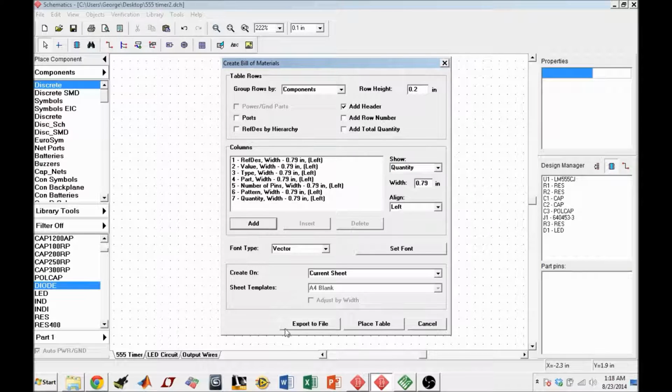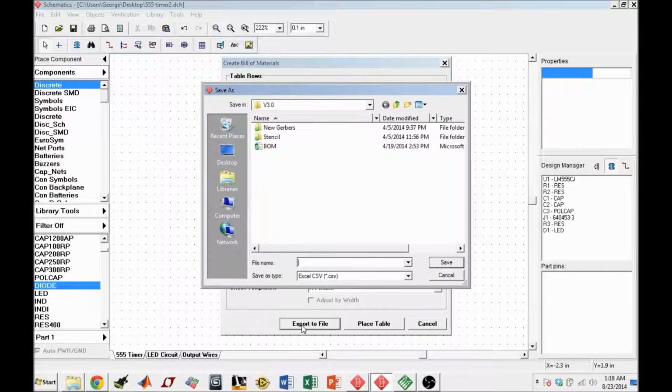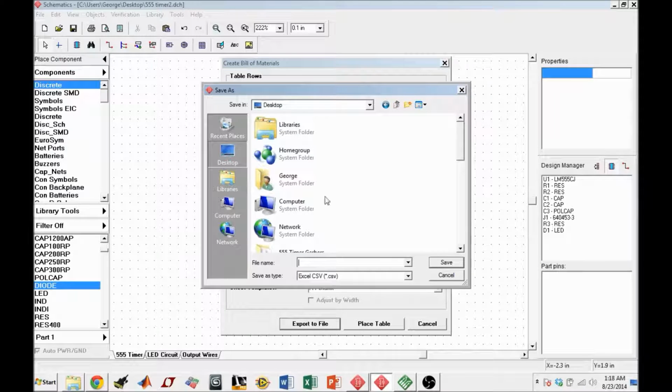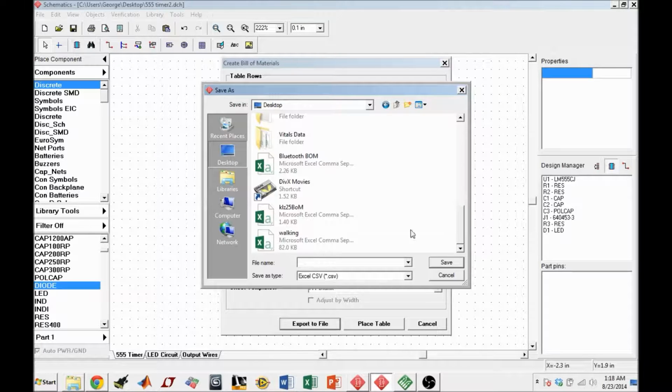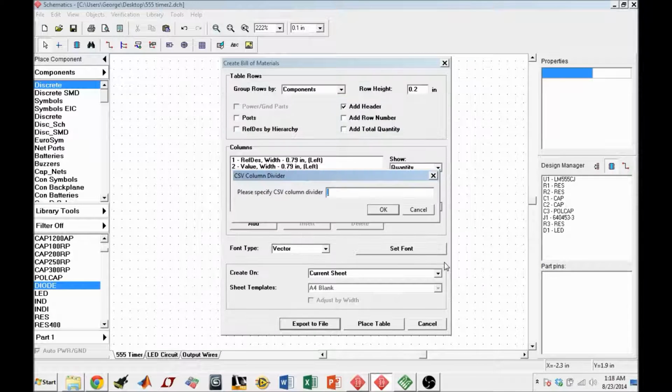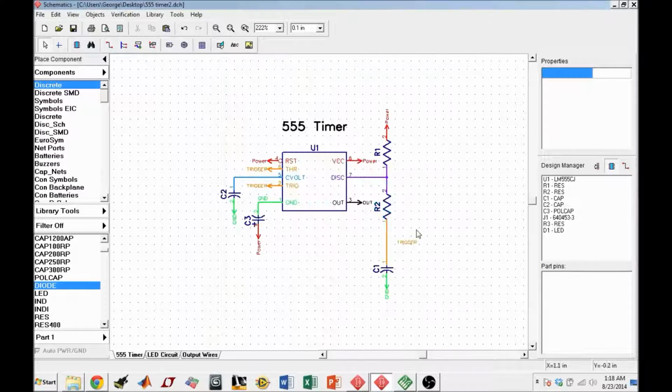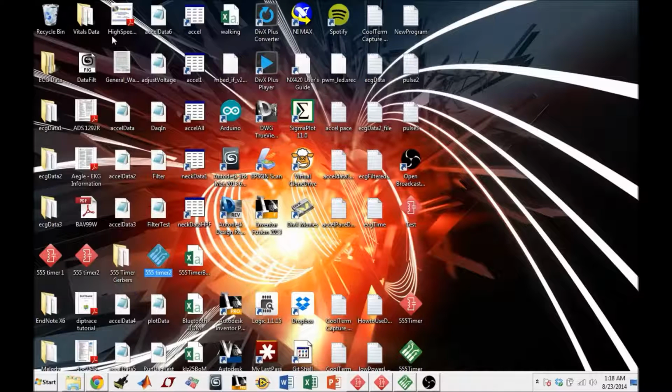And then you can hit export to file. I'm going to put it on the desktop, and it's going to export into a CSV file. I'm going to hit save. Actually, I need to name it. So I'm going to name this 555 timer bill of materials. Hit save. And use the comma divider, so that's how it is by default, so hit OK. And now if you go to the Excel file, let me locate that, 555 timer bill of materials. If I open this up,